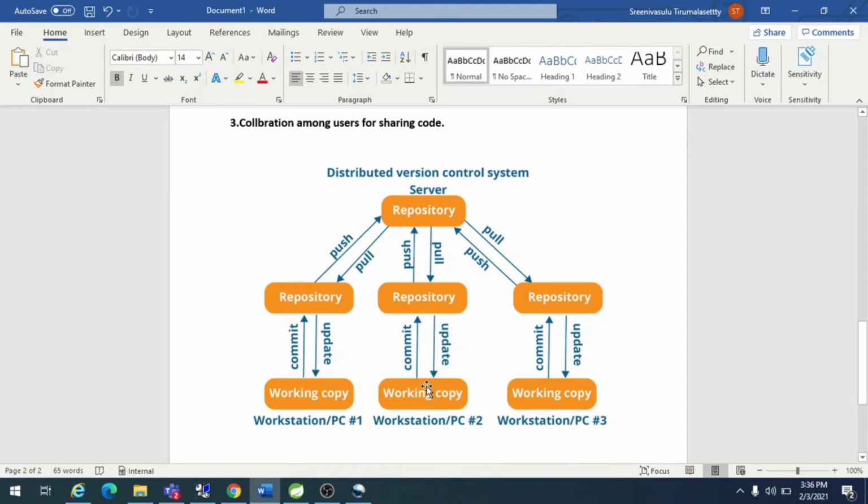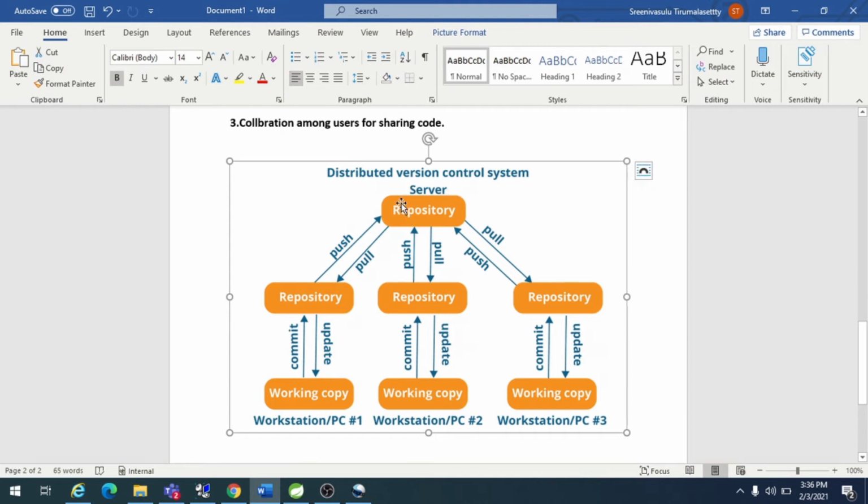Typically, how does any version control tool work? I will show you. This is a simple diagram. This is a repository server, and in the server you have the central code. I can take three users: workstation 1, workstation 2, and workstation 3. First, you have to pull the code from the central repository and get a working copy. You make some changes, and you can push to the repository. This is a simple way of showing how any version control tool works. Now we will go to Git and see how Git works.